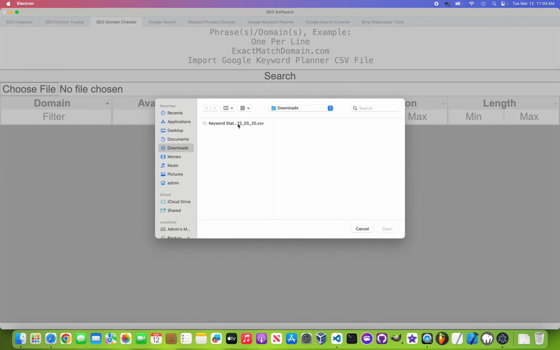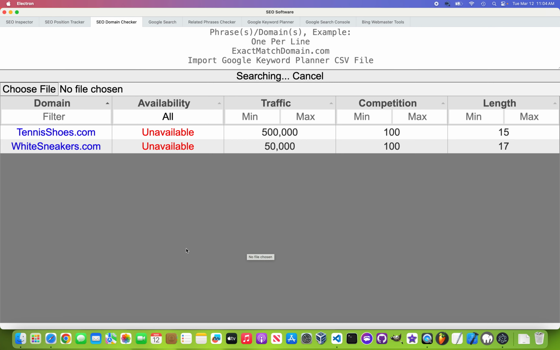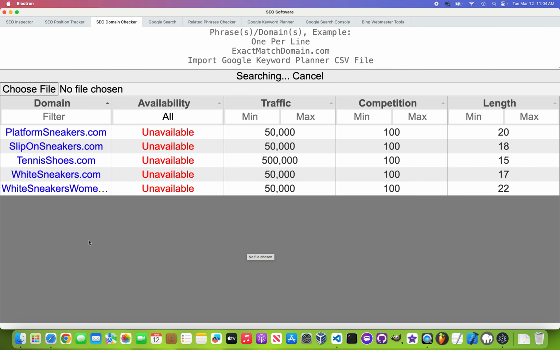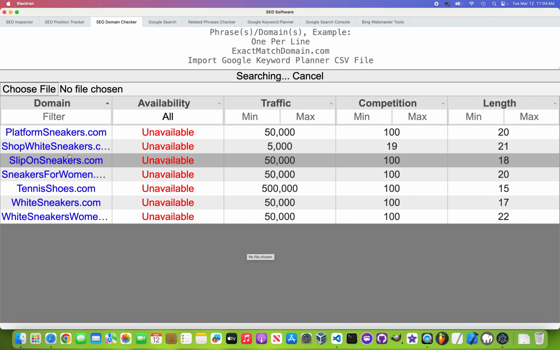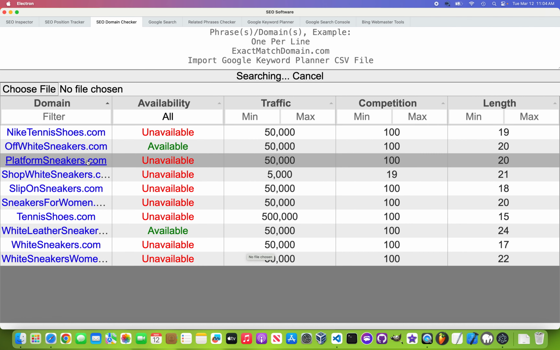Next, we're going to import the CSV file we just downloaded from Google Keyword Planner into our SEO software that we just installed. And we're going to click choose file here and select the CSV file, which usually starts with keyword stats from our downloads folder where we downloaded it. And we're going to click open here, and that's it. Basically, it's going to start searching that CSV file now, as you can see,